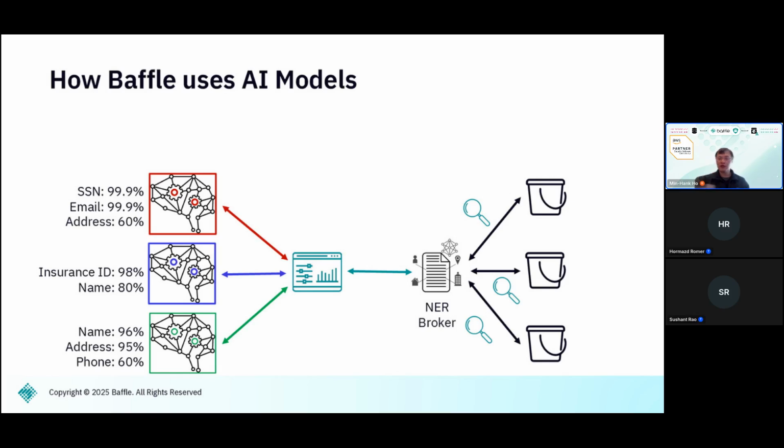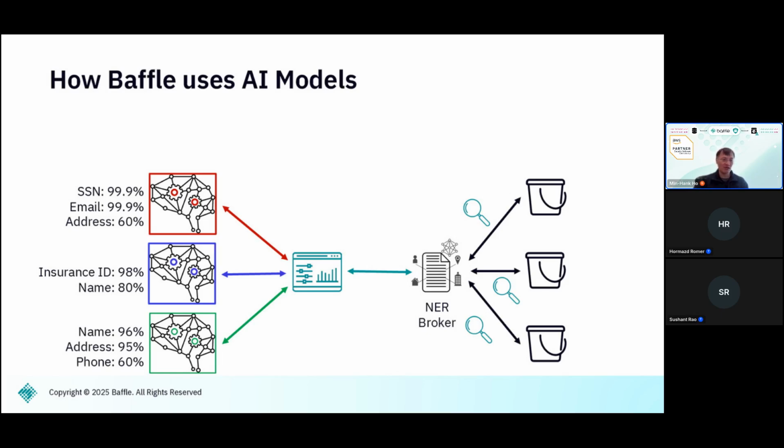These types of models are readily available. You'll find them on Hugging Face. You'll find them on various places that actually offer models. There are definitely open source models available. One of the cool things about Baffle's architecture in the sense of data discovery is that we actually allow you to use off-the-shelf models. And not just one model, you can actually use multiple models,